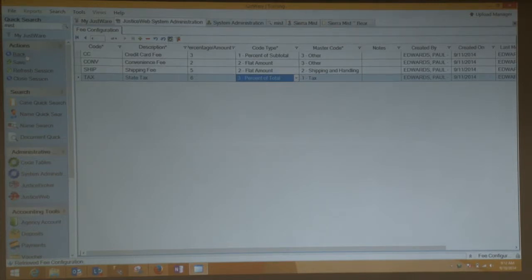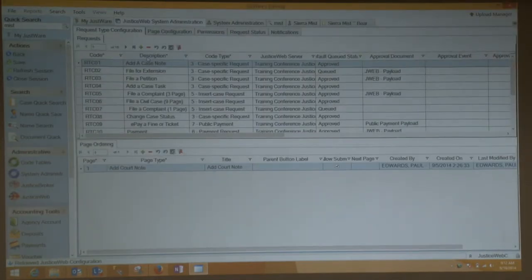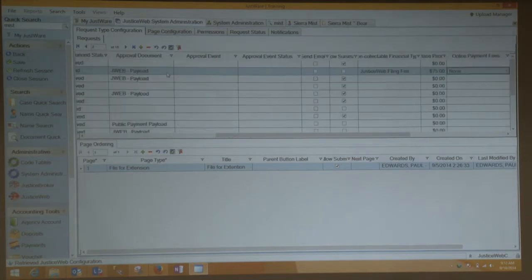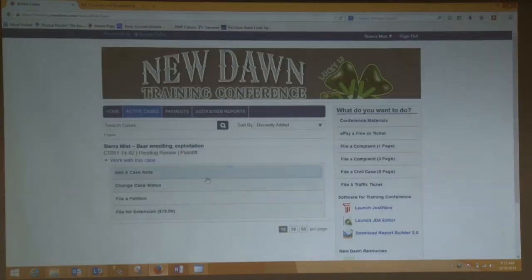So to set that up, we go back into our request management, and now on that extension, we can select those types. Once they're set up, then we can add our state tax, convenience fee, and credit card fee. So convenience fee was $2. Credit card was 3% of the subtotal, and my state tax was 6% of the total, right? So let's save that, and now we'll go back to JusticeWeb,